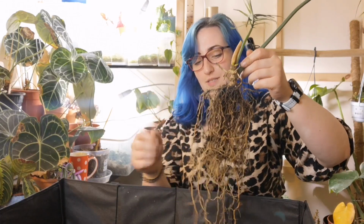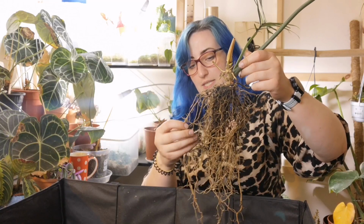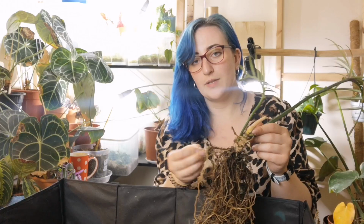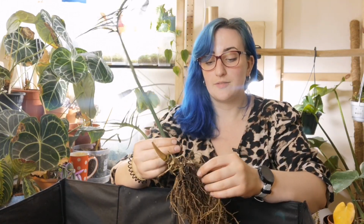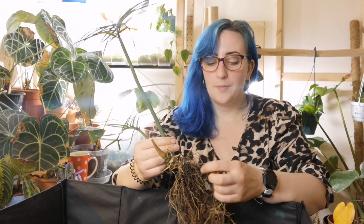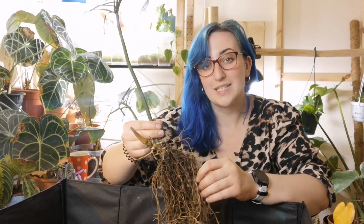So what I'm going to do is try and get as much of the soil as possible off these roots. The reason being that if this soil is exposed to a really moist environment, it will just stay wet and eventually rot the roots it's surrounding, because it doesn't allow for much air. That is the reason why we don't like soil-based substrates to be always wet,